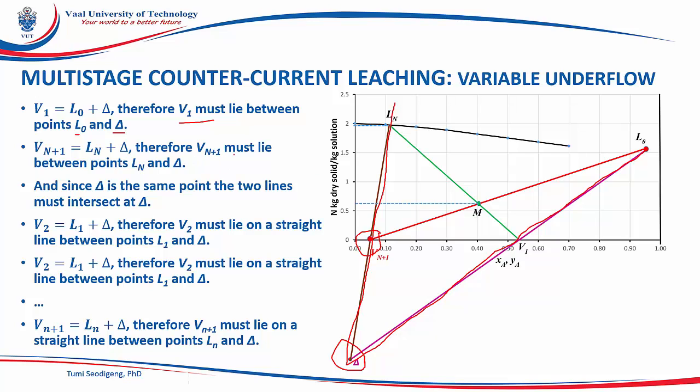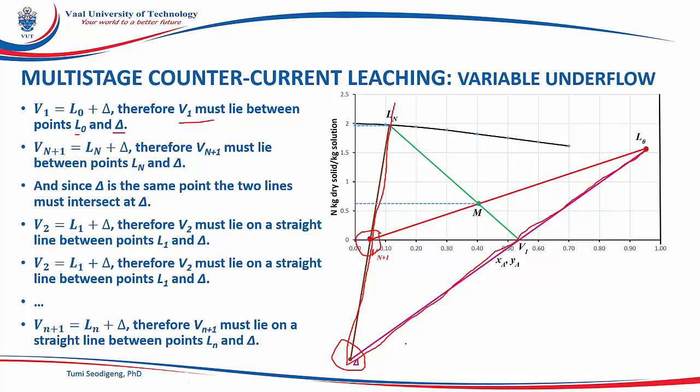Therefore, Vn plus 1 must lie between the points Ln and delta, because if we mix Ln plus delta, you get a point in between lying on the line that's connecting those 2 points. And since delta is the same point for any 2 passing streams, all the lines must always intersect at delta. All the passing streams must always intersect at delta. The line connecting the passing streams must always